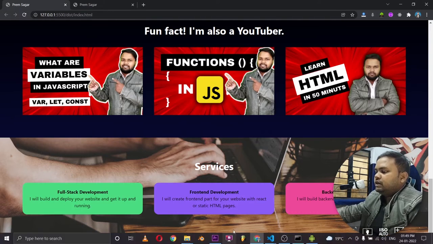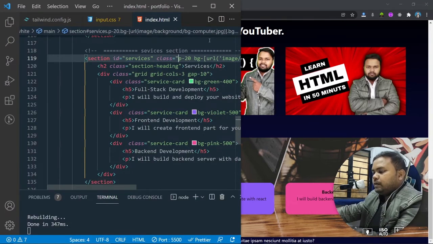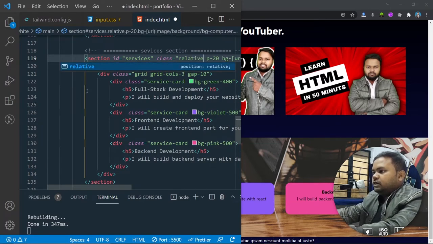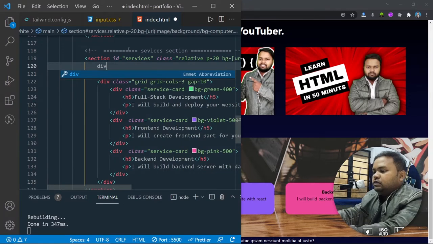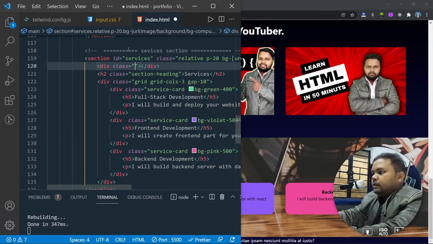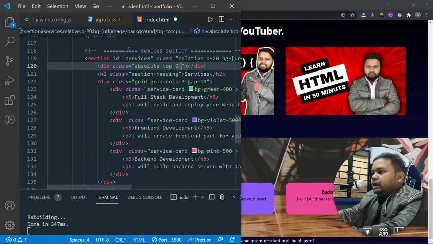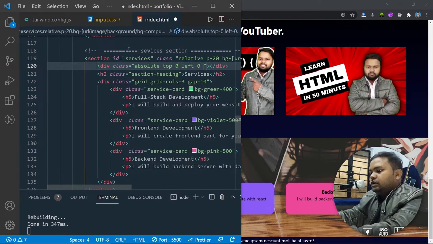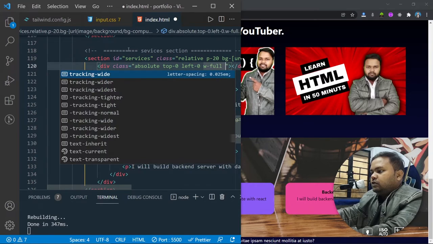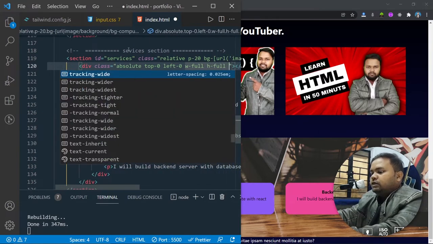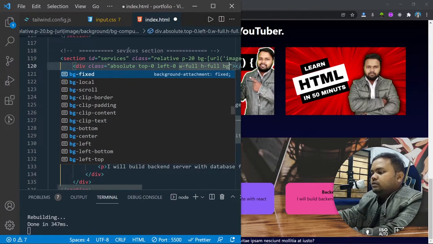So let's do that quickly. First, I want to give this section position of relative, because I'm going to create a new div inside this section which will be positioned absolutely. So I'll give this div a class, and here I'll say absolute. I want to position this top-0 and left-0. I want to have this width of 100%, so I'll say w-full, and I also want to give this height of 100%, so I'll say h-full, and I want to give it a background color, so I'll say bg-